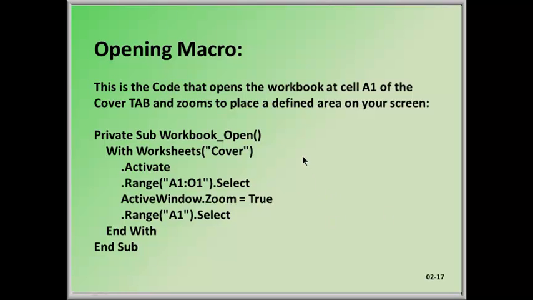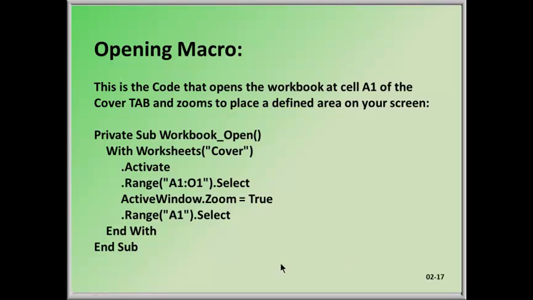Here's the code that opens the workbook at cell A1 of the cover tab and zooms to place a defined area on your screen. So here's your code. You actually, in a module or a workbook, type in Private Sub Workbook_Open(). So here's your subroutine, sorry. With Worksheets("Cover"), Activate, Range("A1:O1").Select, ActiveWindow.Zoom = True, Range("A1").Select, End With, End